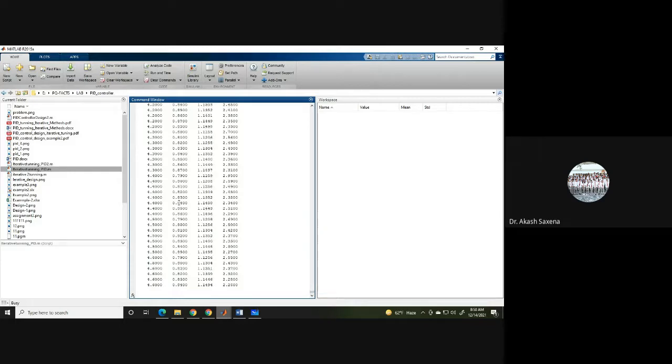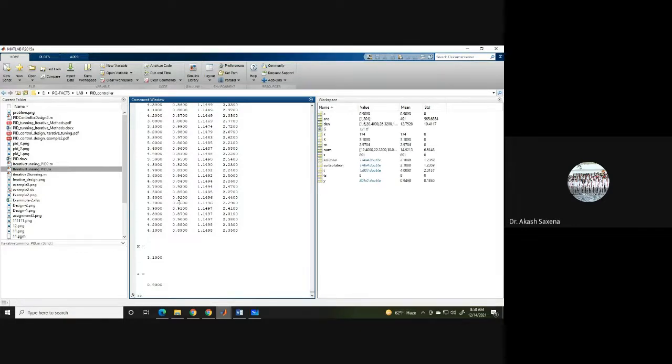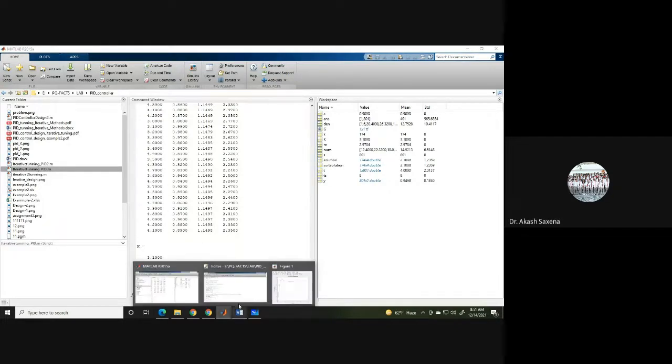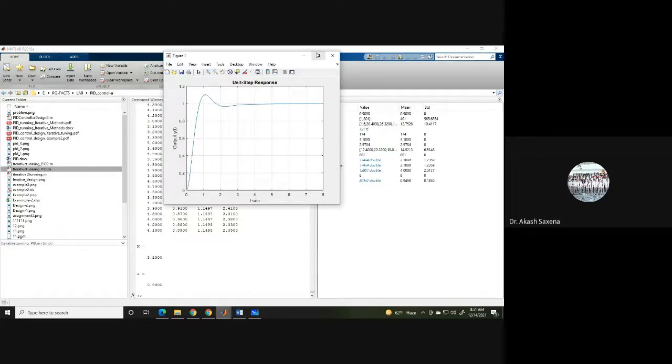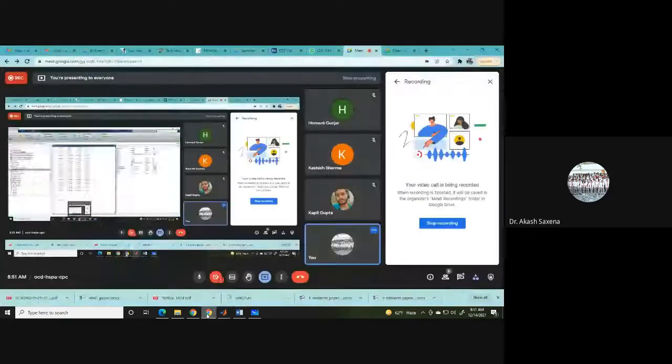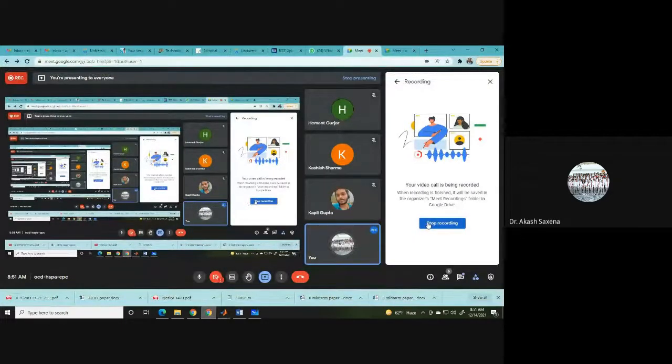But in some advanced cases, you may be able to find the values of these K and A parameters with the help of some optimization algorithm. So you need to write some objective function in the objective space, and you will be able to conduct this investigation in a better manner. Now, the time taken by this program is quite more than the previous one, because you have increased the time steps in that, and here you can see the step response of this particular function. So I hope this will be very clear to you. Thank you very much.